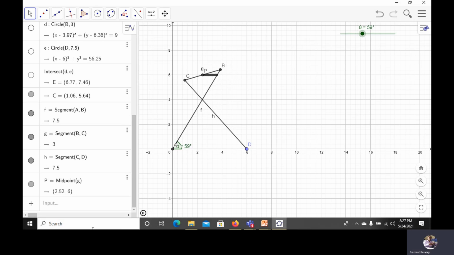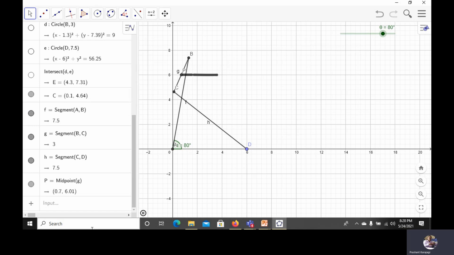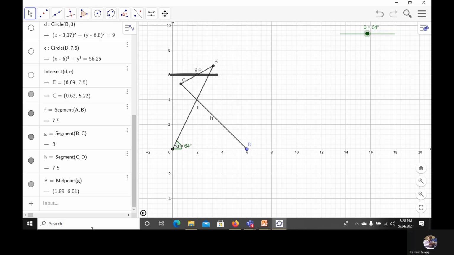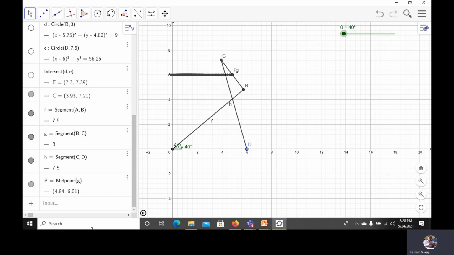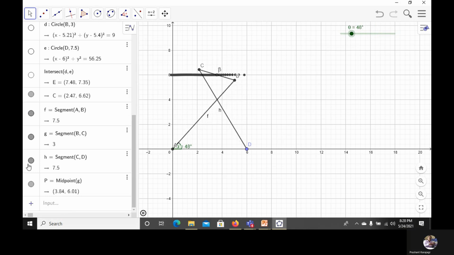Here you will observe that as input link AB takes different angular positions between 36 and 92 degrees, that point P, which lies on the coupler link, traces a straight line path. Right.